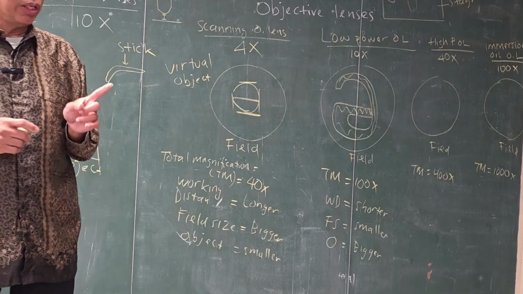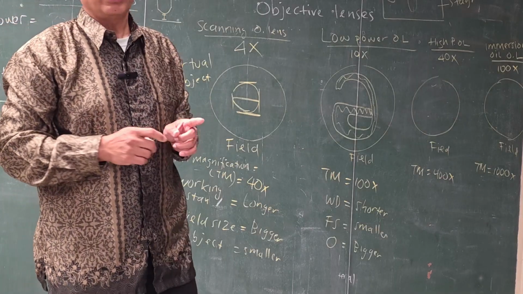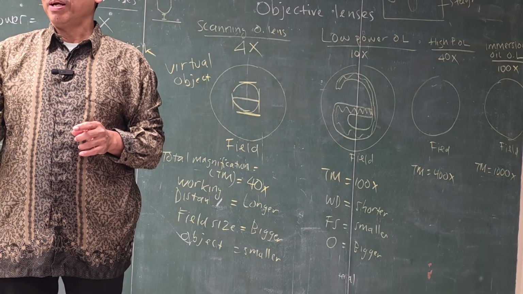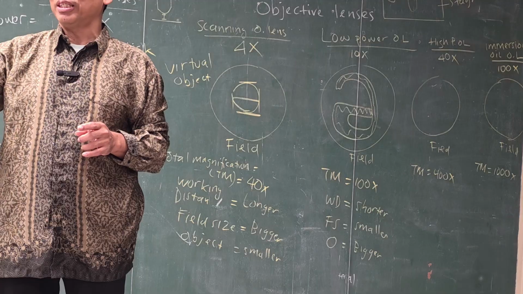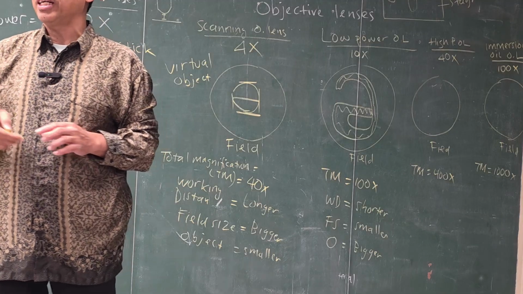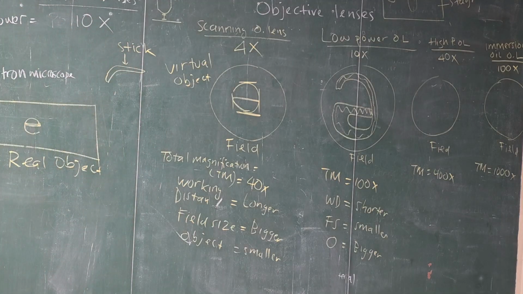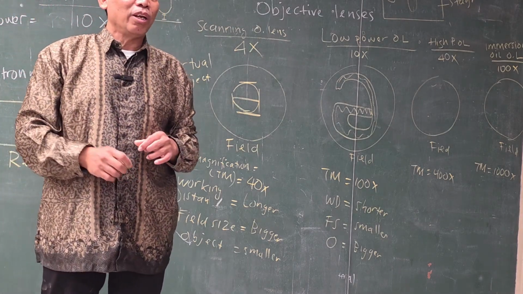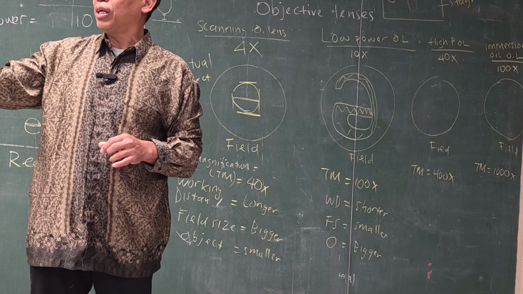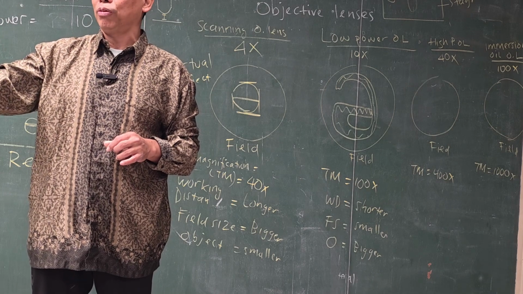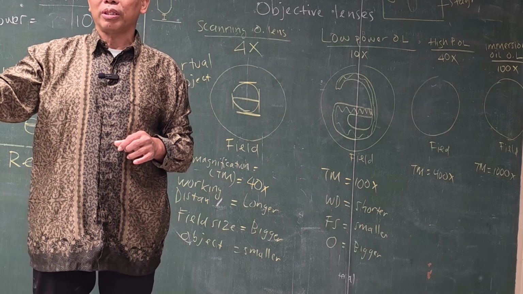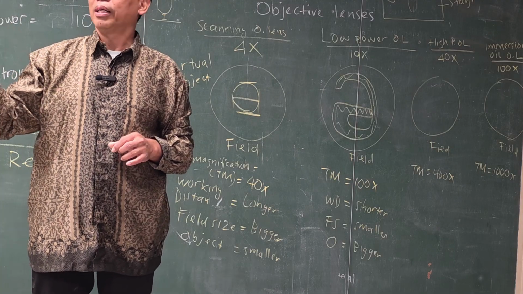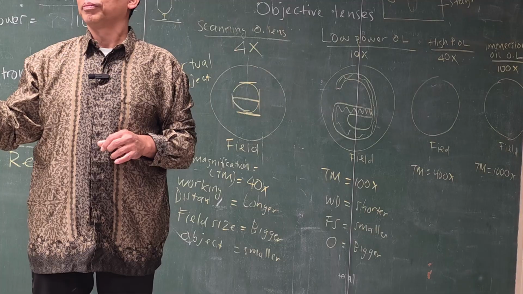Now I want you to move, again, only the objective lens, to the high power. If it is a good microscope, then you don't have to change anything. It will focus directly. Remember, for that, don't use the coarse adjustment knob. Use the fine adjustment knob to make it focus. If it is not focused, use the fine adjustment knob to focus it. Don't use the coarse adjustment knob. You might break the lens or the slide.